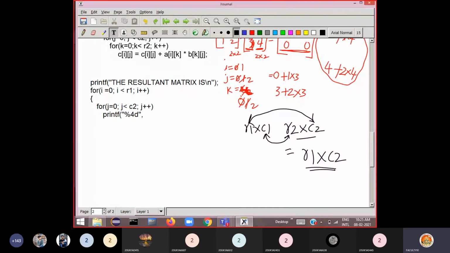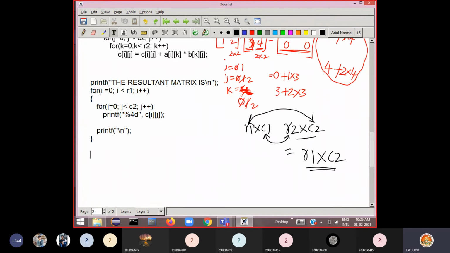The name of the resultant matrix is C of ij. After printing each row, you make the control go to the next line by printing a new line, printf new line, so that you can see the resultant elements printed in matrix form.